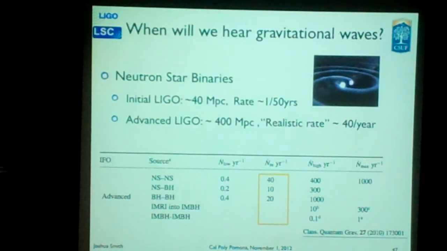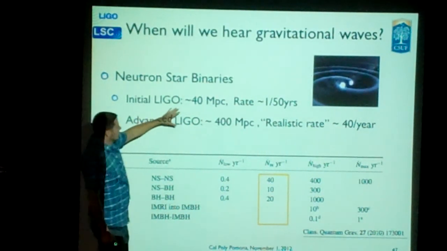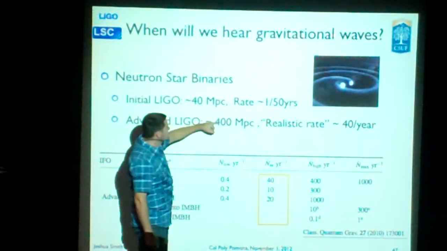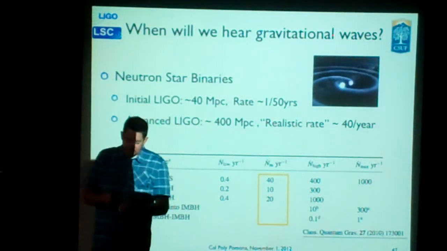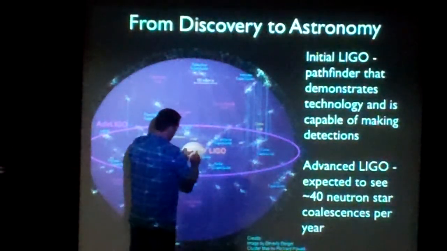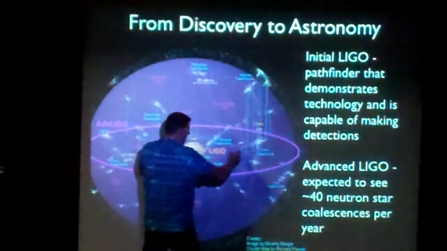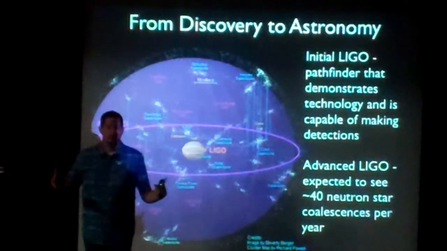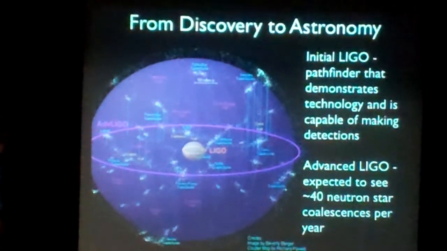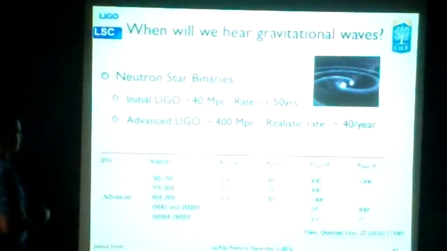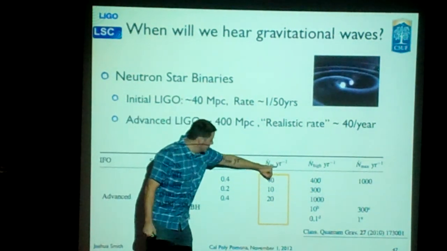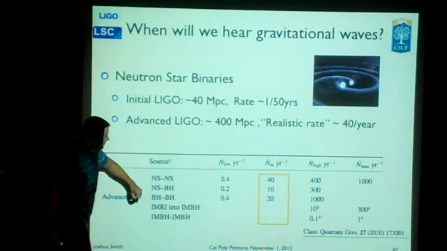So when are we going to hear gravitational waves? Advanced LIGO is about 10 times more sensitive than initial LIGO. That means we can see 10 times farther. But being able to see 10 times farther ends up being 1,000 times the volume, because you get 1,000 times as many galaxies within that volume that you can see. So by making a 10 times improvement, we can get 1,000 times the volume of the universe, and we expect that per year, we should see neutron stars about 40